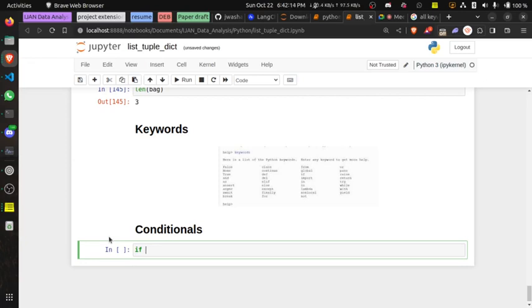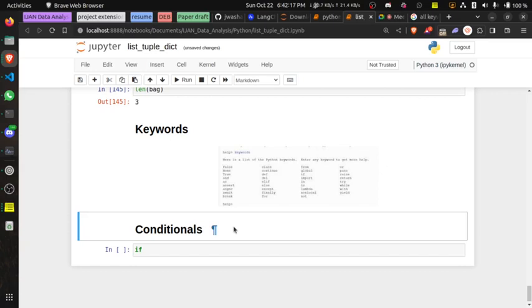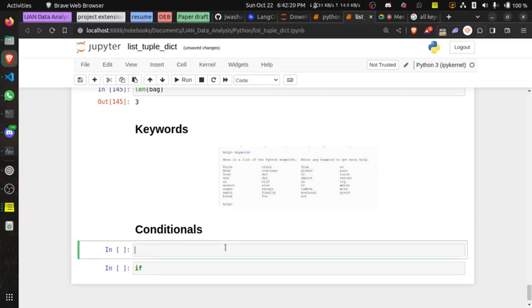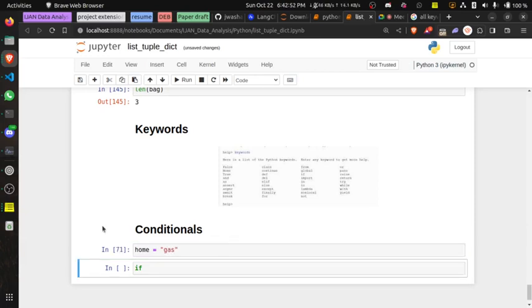Let me say I have a variable called, what do I want to use? Bag. I've used bag already. What can I use? Home. Let me use home, small letter h. So in home, let's just say we have just one thing, a string, gas. Now what I want to check is if this gas is in this home.